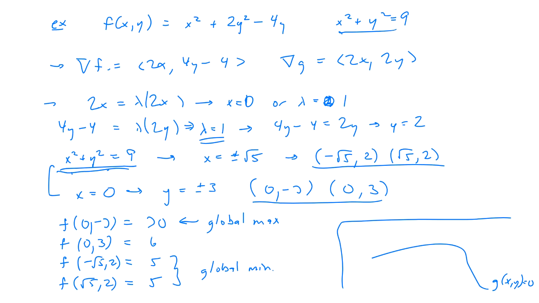So let me go back. So here's our, just drawing a random curve. This is our constraint. And now what I'm going to do is graph level curves. So suppose this is a level curve for f at a particular value, and this at another value, and then I just keep going. And suppose these are increasing values, then the maximum is